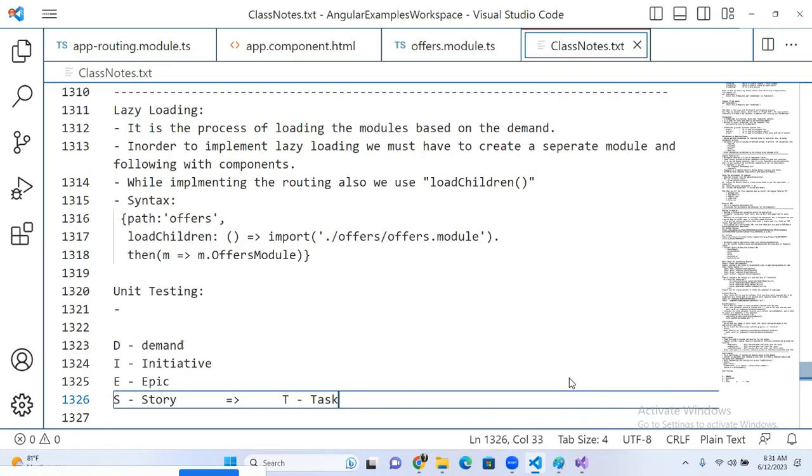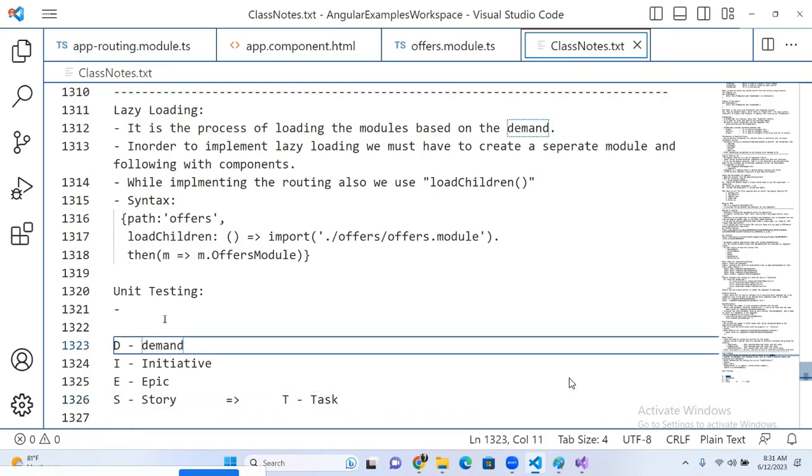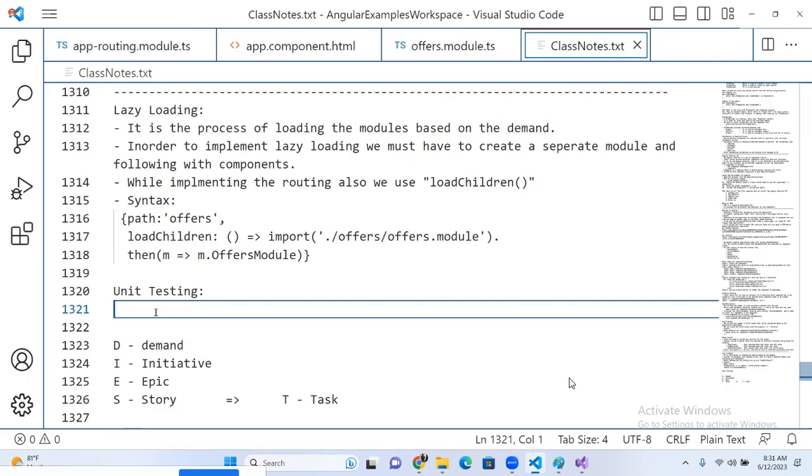Now, what does demand stand for? At the time of planning, right? Suppose I have a client and the client is asking me for a kind of requirement. That requirement is what we call a demand. After taking the requirement,